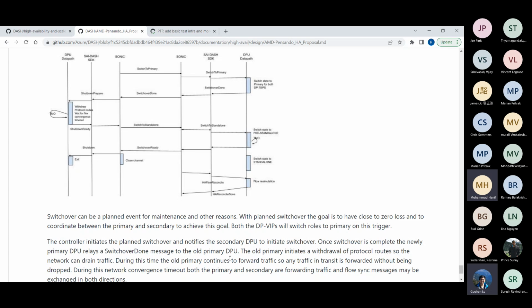Are you saying that when the device is in active state, whenever it receives an encapsulated SIM packet, it will always create a state? If the role is active and it gets the flow sync, it will create state. Is that your question? Sorry, I didn't catch it.